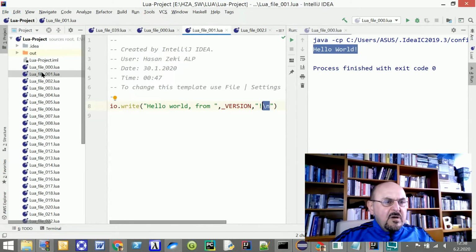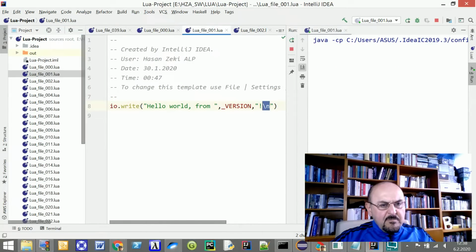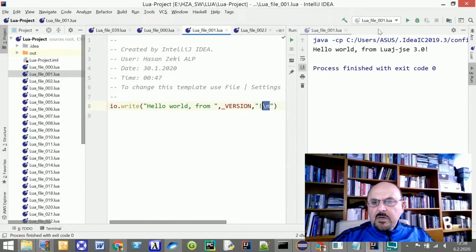I run it by right-clicking. Okay, hello world from Lua. This is the version that I've been using for this program.